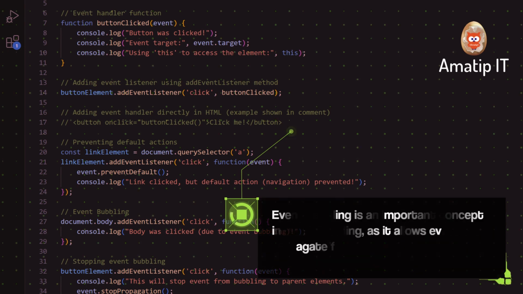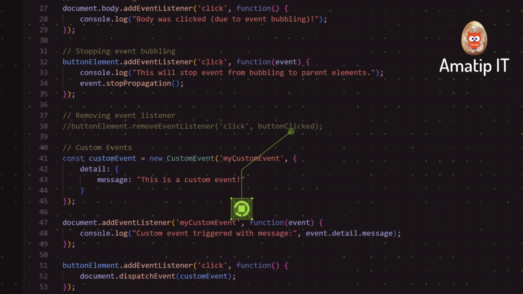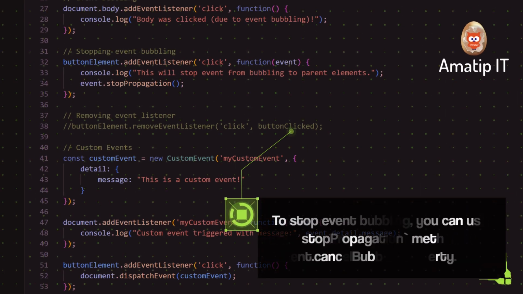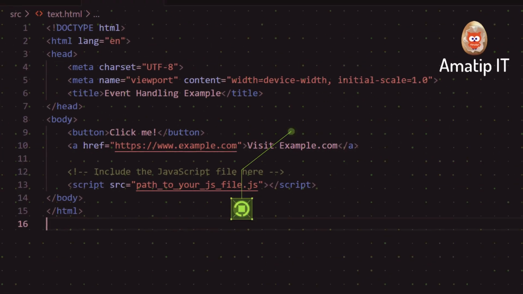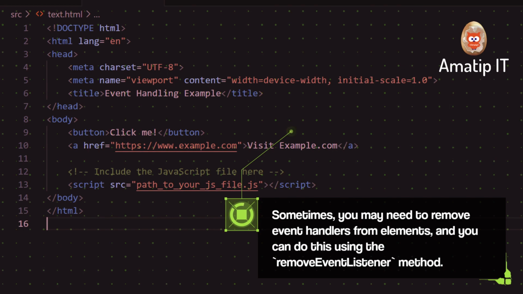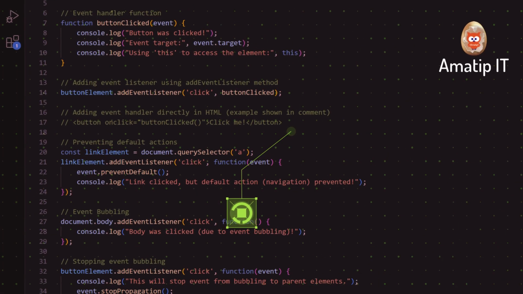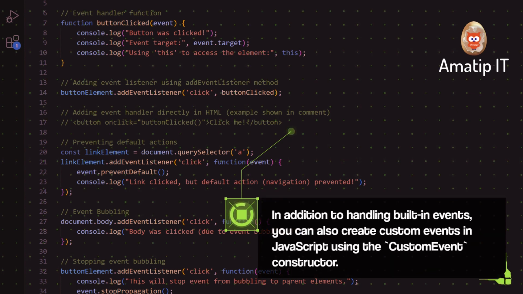Event bubbling is an important concept in event handling, as it allows events to propagate from child elements to parent elements. To stop event bubbling, you can use the "stopPropagation" method or the "event.cancelBubble" property. Sometimes, you may need to remove event handlers from elements, and you can do this using the removeEventListener method. In addition to handling built-in events, you can also create custom events in JavaScript using the "CustomEvent"